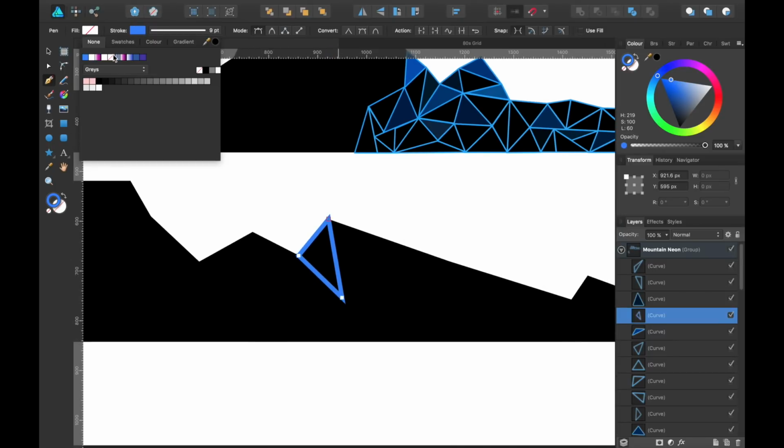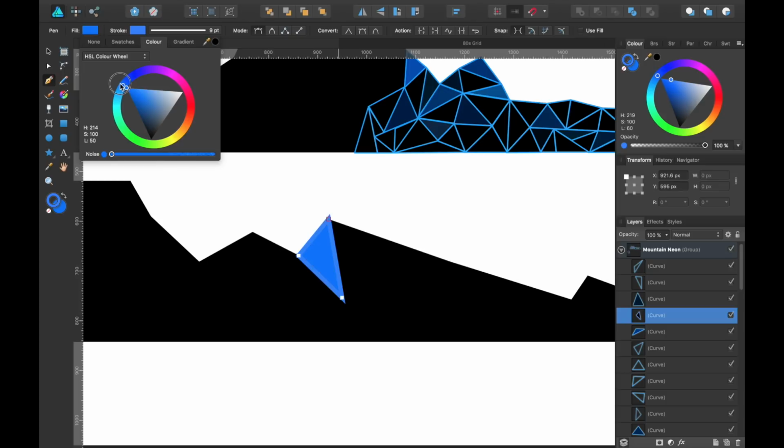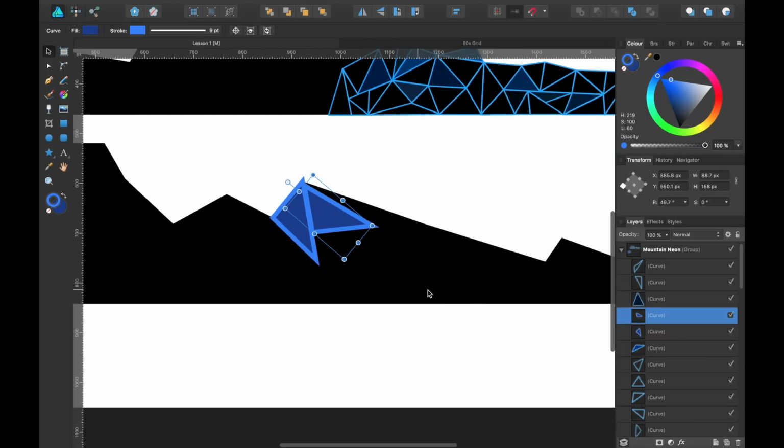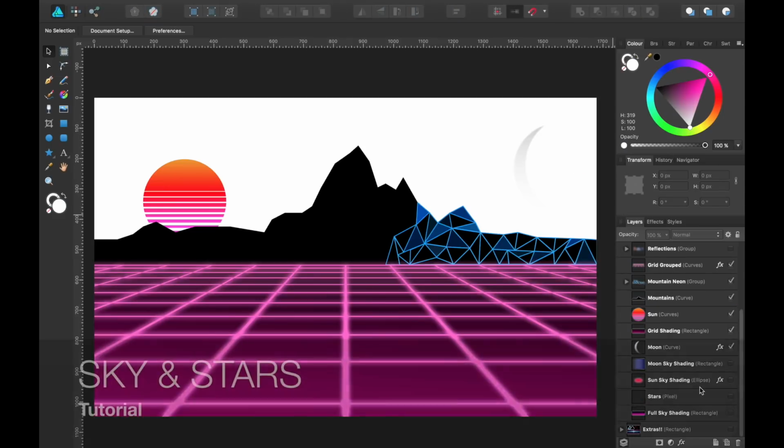So if we wanted like a little fill, just to get some kind of reflection or something. So there's one, and then you can copy and paste that if you wish, and just play around with the shapes like so. And you do this all over.